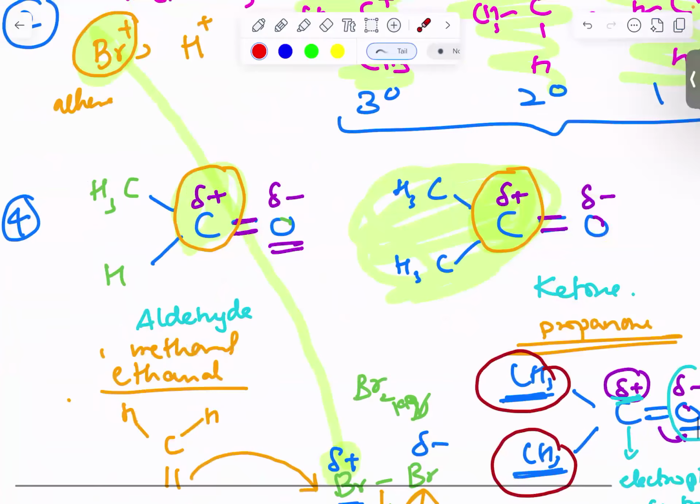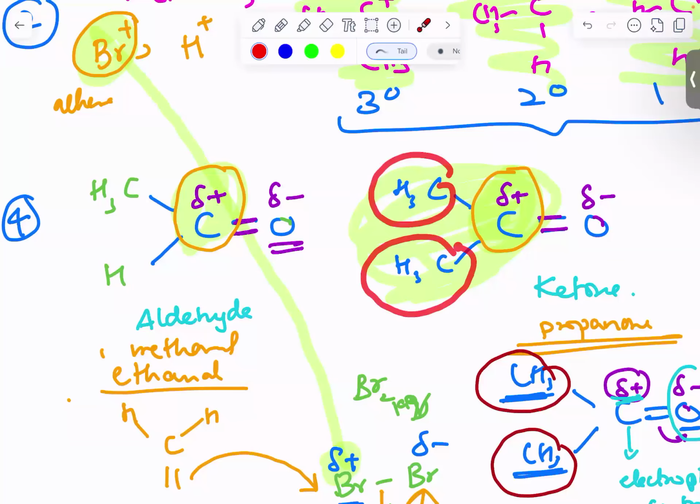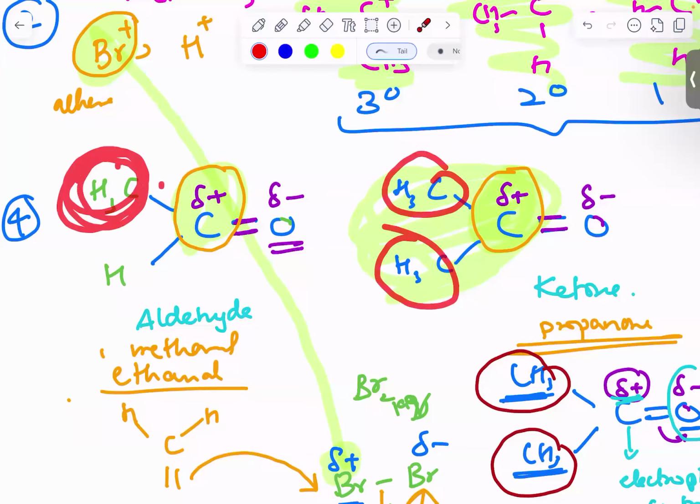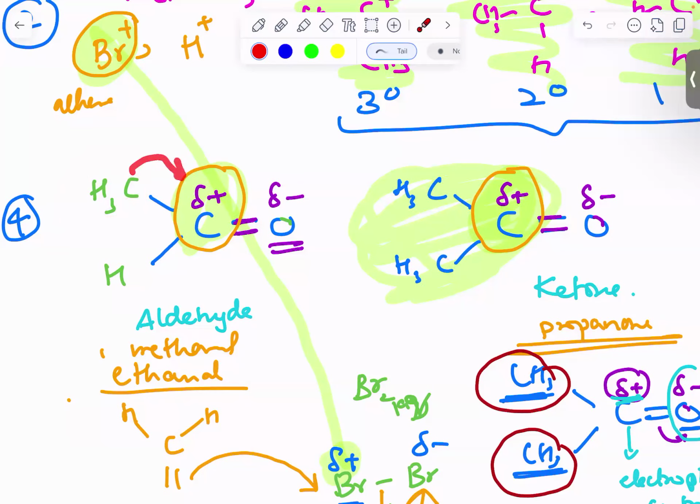And now aldehyde. In case of ketone, there are two R groups, while in case of aldehyde, there is only one R group. So again, oxygen is going to attract the shared pair of electrons towards itself, giving it a partial negative charge, and carbon a partial positive charge. Now again, carbon will start crying that my electron density has been taken away by oxygen. Now there is only one R group to support. So the R group will say, okay, I am not going to give you my electron, I am going to shift my electron density towards you. And let me make